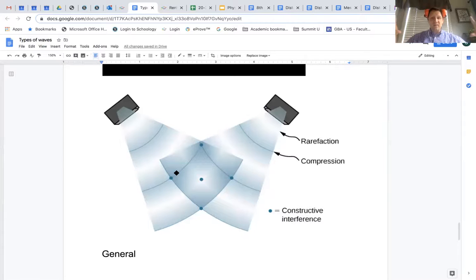So you can set up all these sound waves interacting forward, sideways, back, and you can actually get compressions to interact with compressions, and you can get sound waves to build up and increase in amplitude. Or you can actually get rarefactions to hit compressions, and you can actually get sound to diminish. Right? And that's where you actually have to